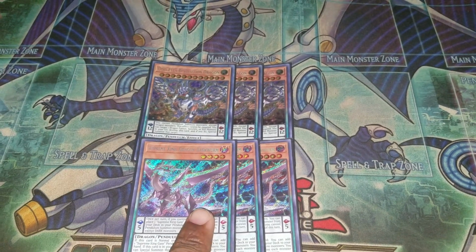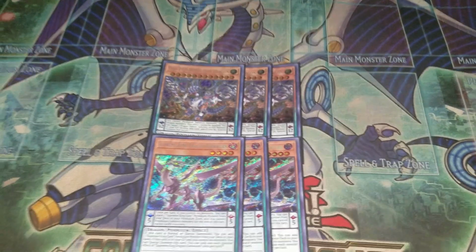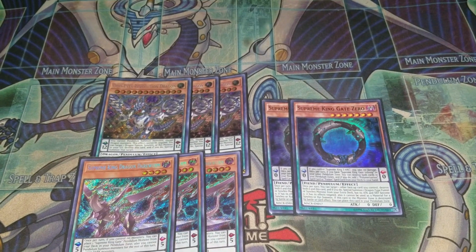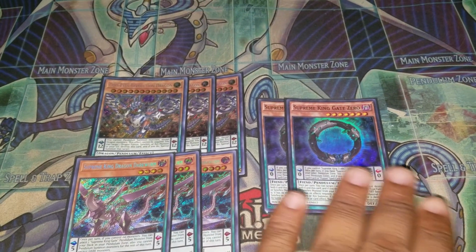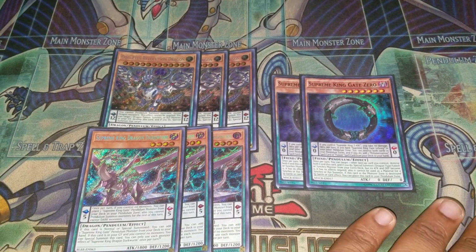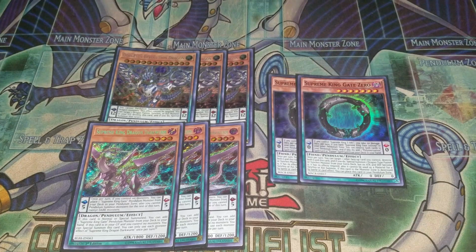With him, you play triple Dark Worm. And Dark Worm is a beast. He's really, really good. Him plus Dark Pen Call is basically the full combo. Just those two cards. And with him, you play 2 Gate 0. Don't play 1 because, well, you can play 1, but I am a mere mortal, so things don't always work